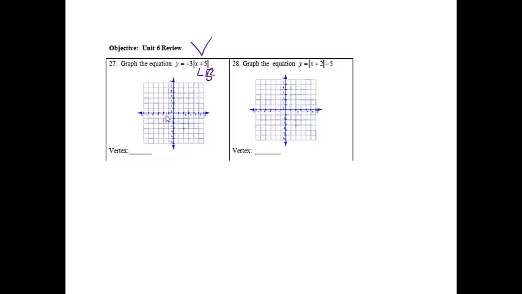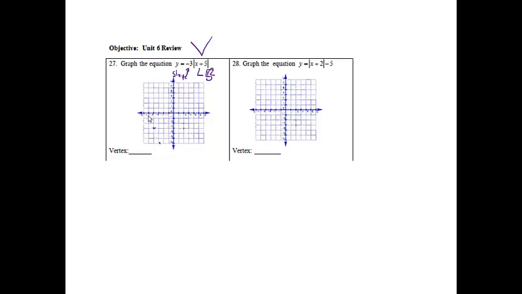5. So we're going to go to the left 5. 1, 2, 3, 4, 5. And then there's no number on the outside, which means I'm just going to stay put. Okay, and then from there, the slope is -3. So from here, we are going to go down 3 over 1, down 3 over 1, and then we're going